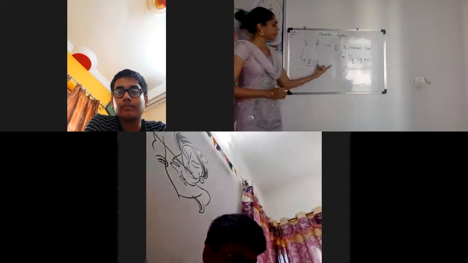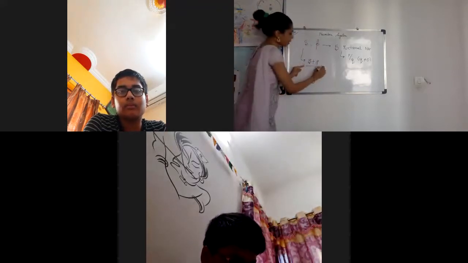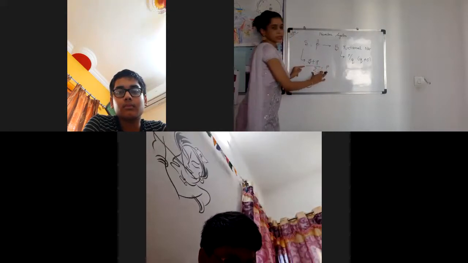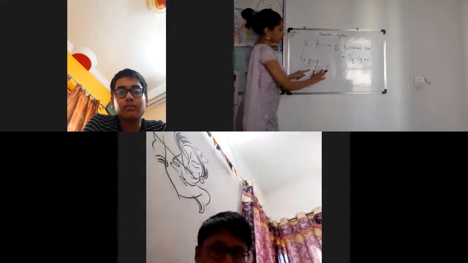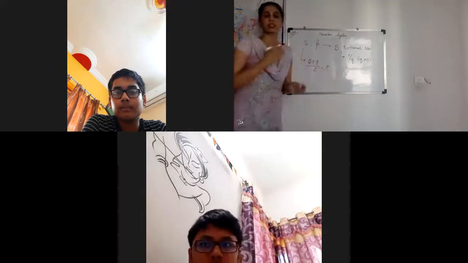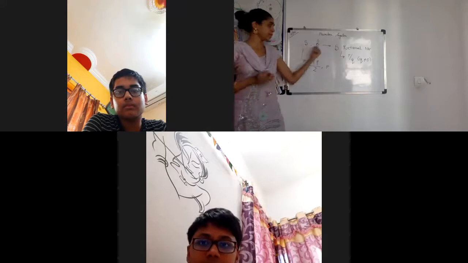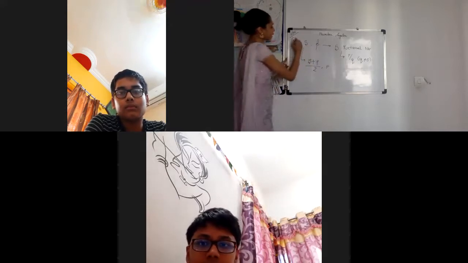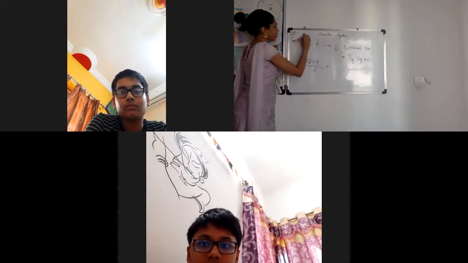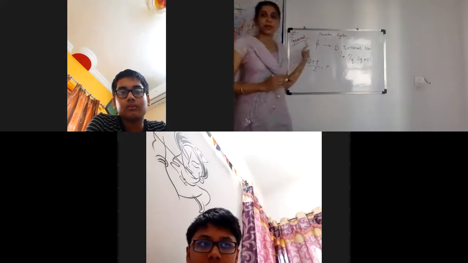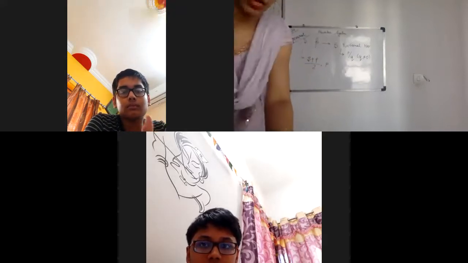Then again I will have two numbers, this number and P. Again I will do the same with these two numbers. Similarly, with each step, how many numbers? 5 numbers I want you to find in between S and P. So this is the general formula that I am telling you right now.